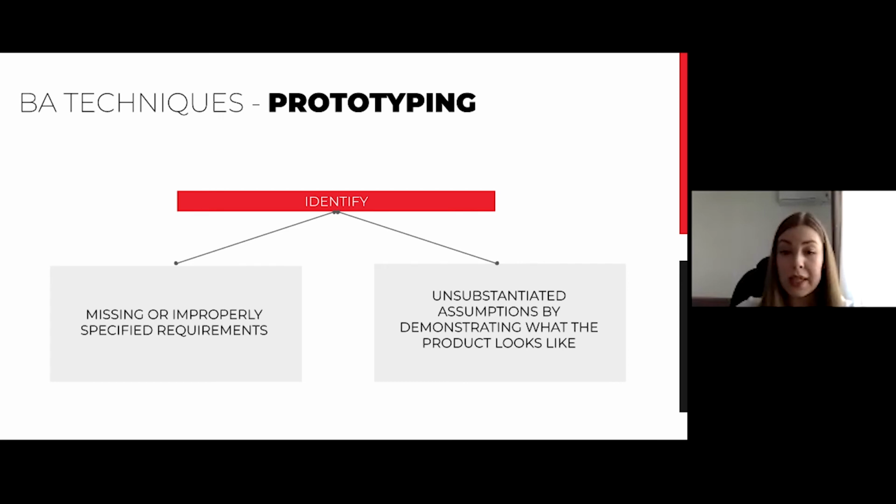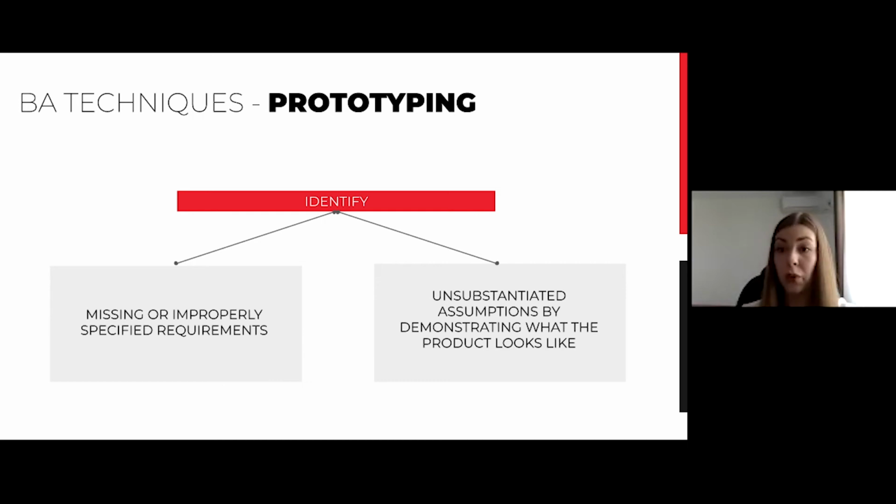Prototyping is used to identify both missing or improperly specified requirements by demonstrating what the product looks like to the potential audience. We don't even have to code something. Modern tools like Figma or InVision allow you to create a clickable prototype that performs a specific motion action. You can validate the user journey without actually developing a web product or an application, and receive fast feedback